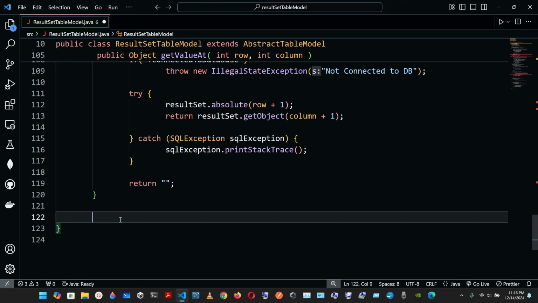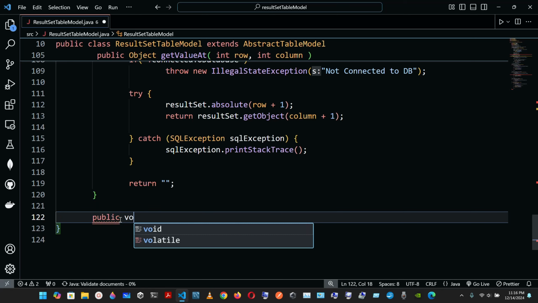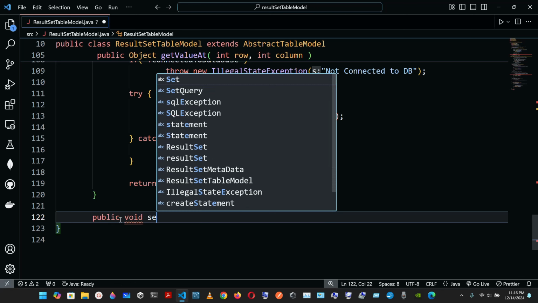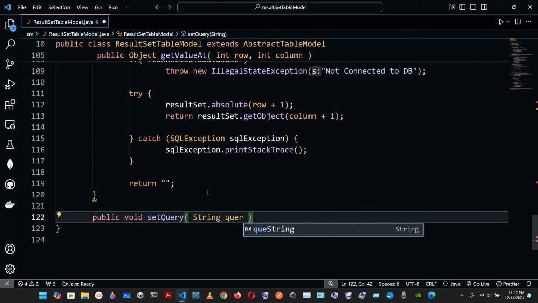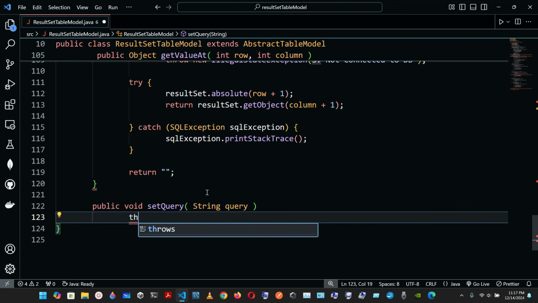Okay, so now what we need to do is set a new database query string. So we're going to have a public void set query, and here we are going to have a string query. And here it's going to throw